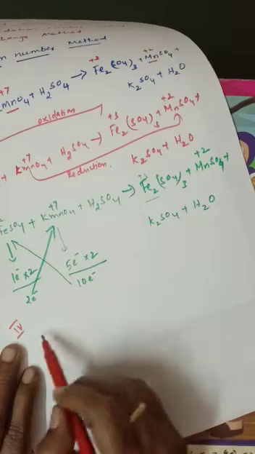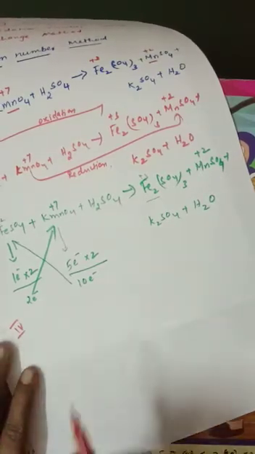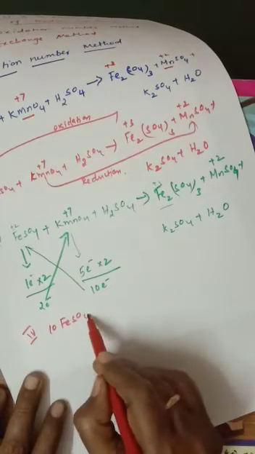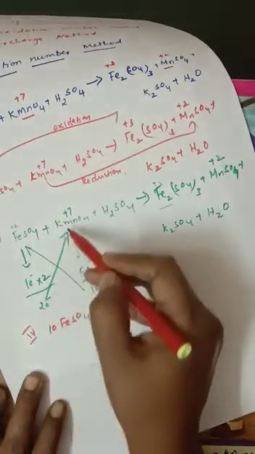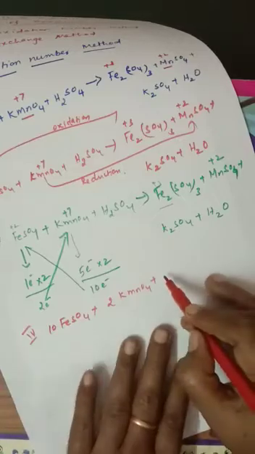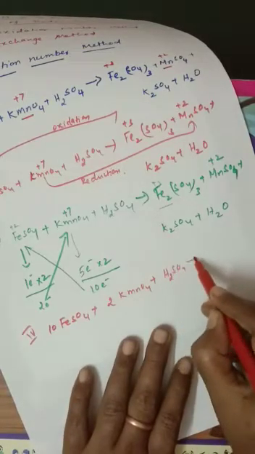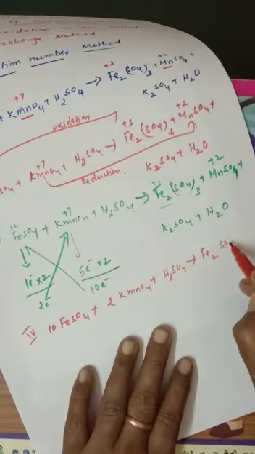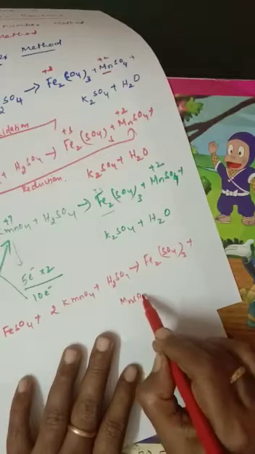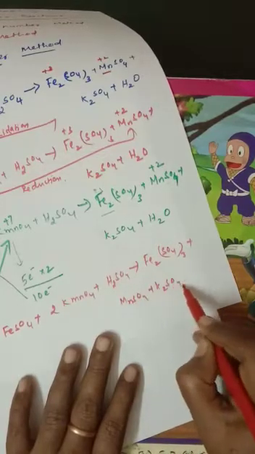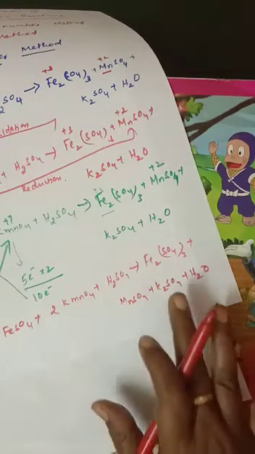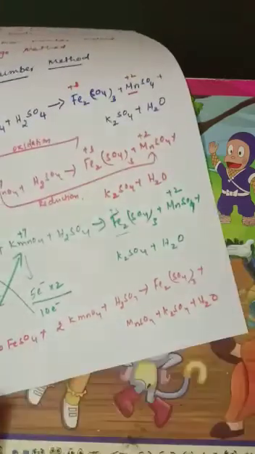Now the fourth step should be right. It is 10 electron. So 10 FeSO4 plus this is multiplied by 2, isn't it? So 2 KMnO4 plus H2SO4 and gives Fe2(SO4)3 plus MnSO4 plus K2SO4 plus H2O. So the fourth step we are calculating this,